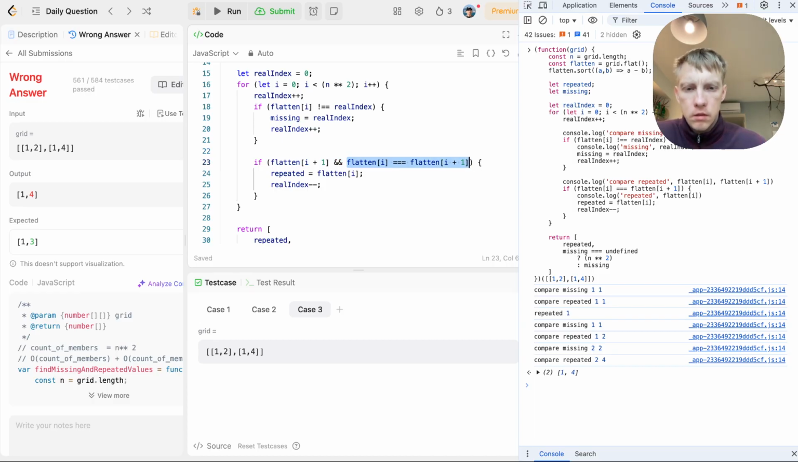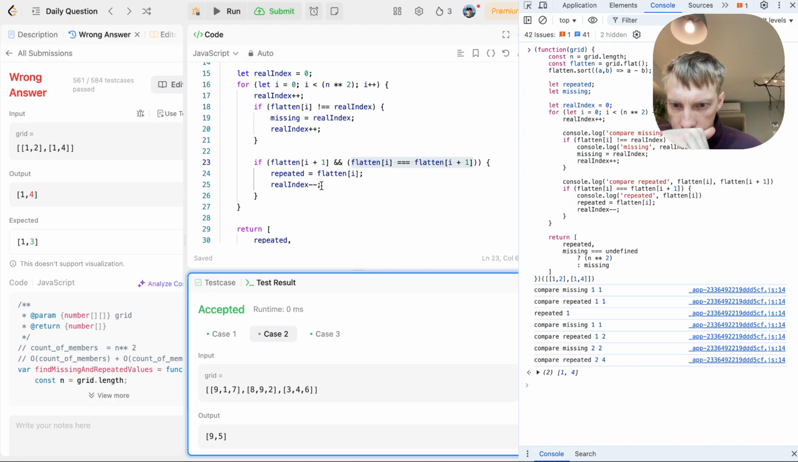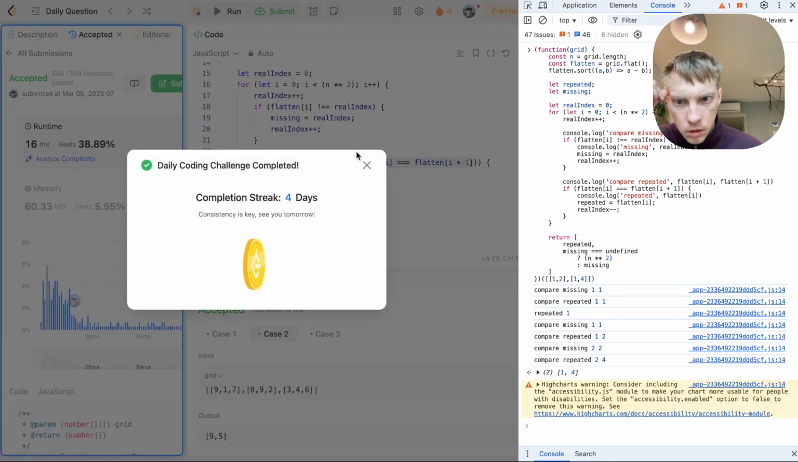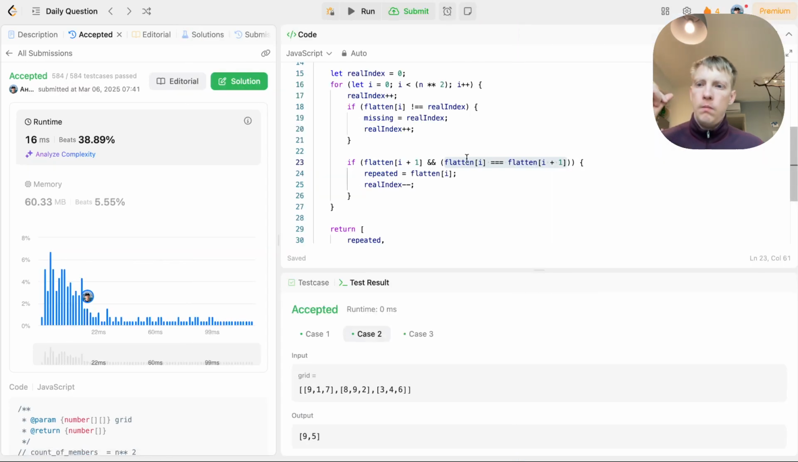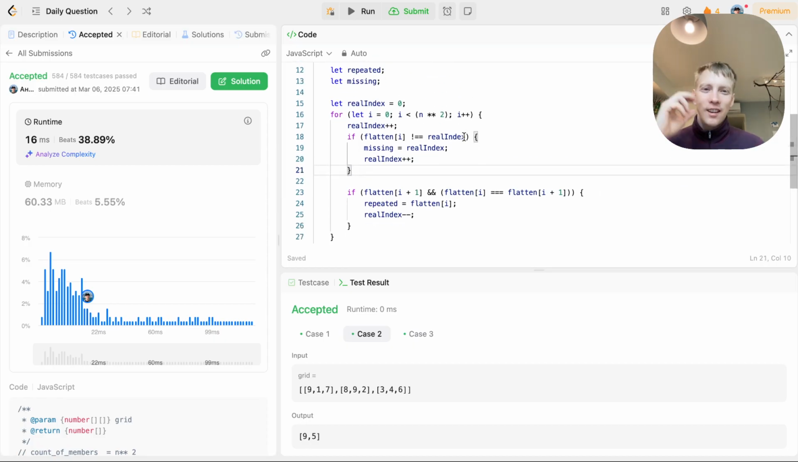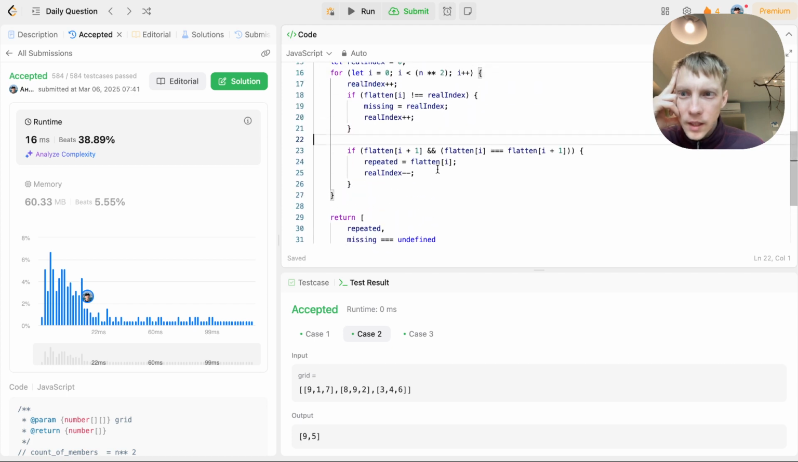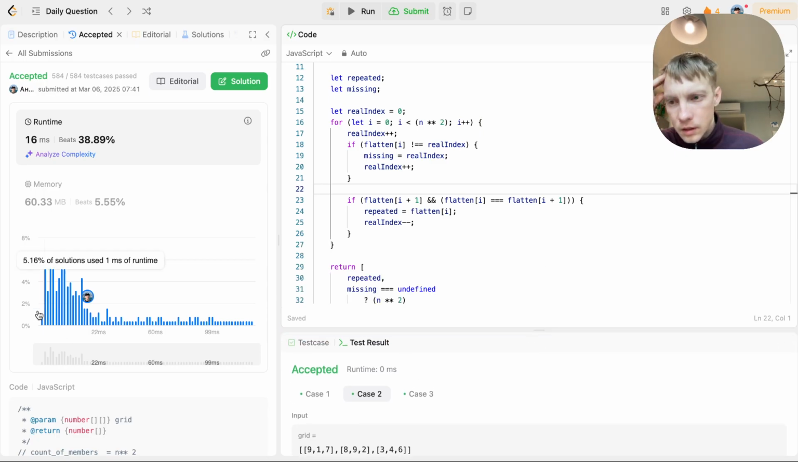Okay, will it work? Yes, it works, but will it work for all the cases? Sounds like yep. Well, this is not the best solution. I think the best one would be something that